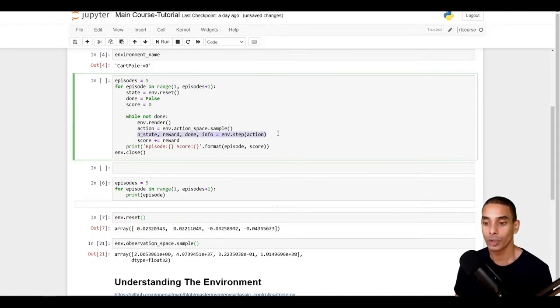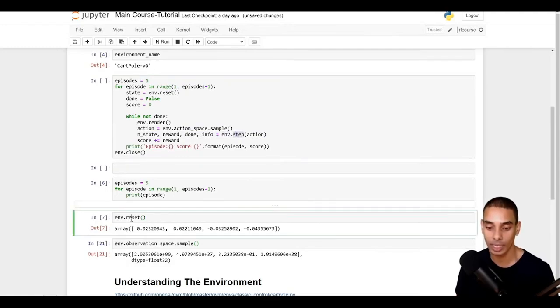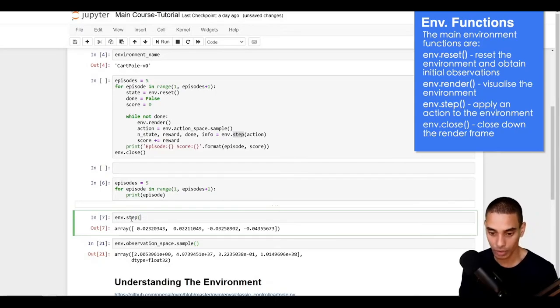Then what we can actually do is we can actually pass through our random action. So this is the next line that we've written, to our environment. So we can do this using env.step. So if we actually did that, so env.step and pass through the value 1, you can